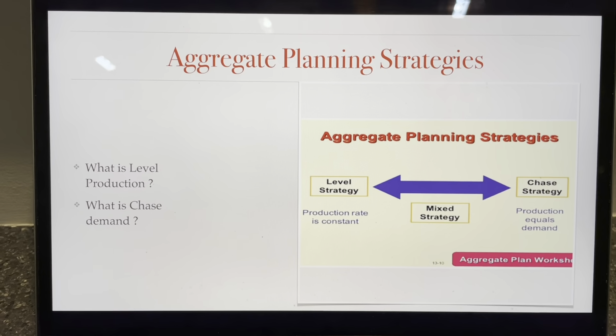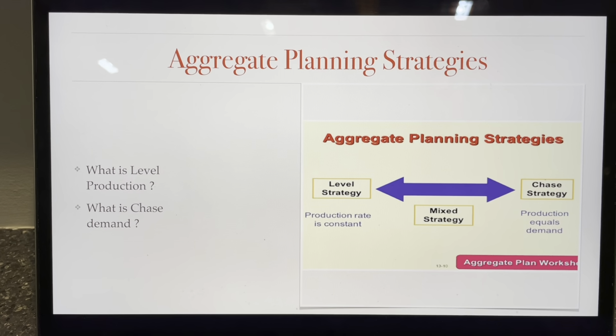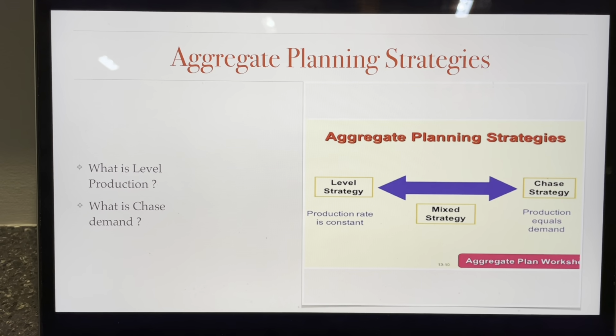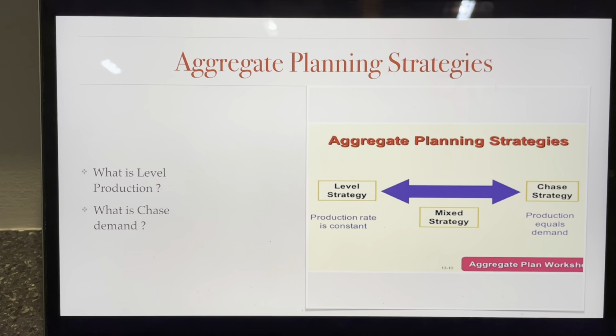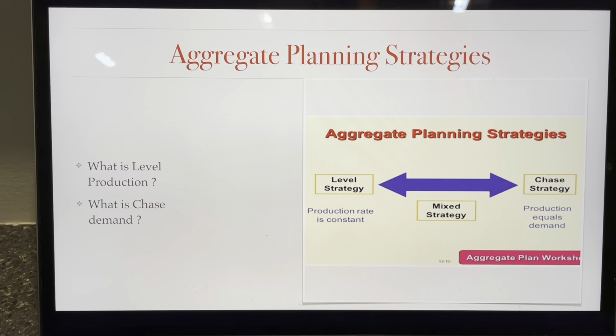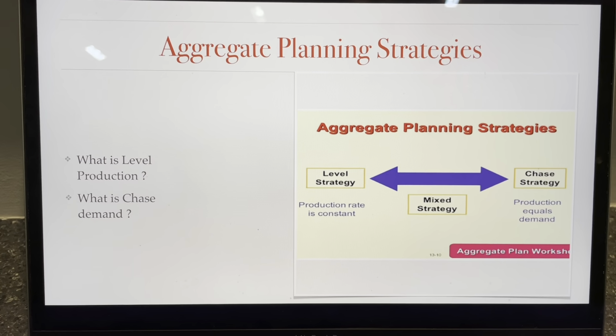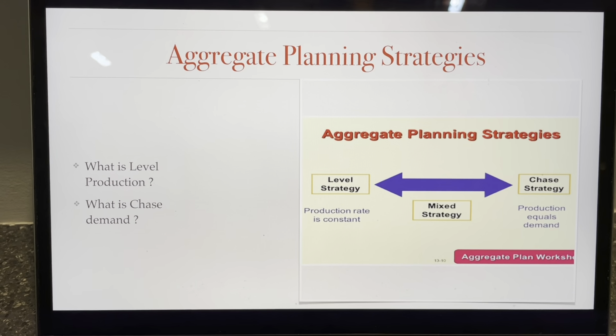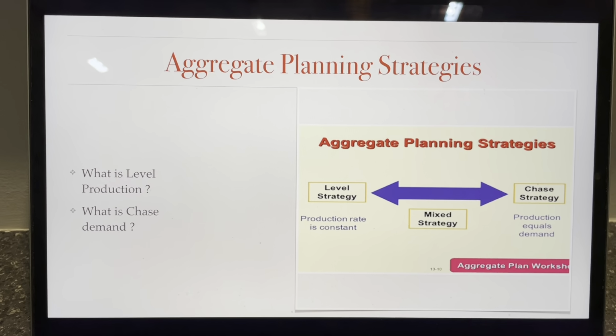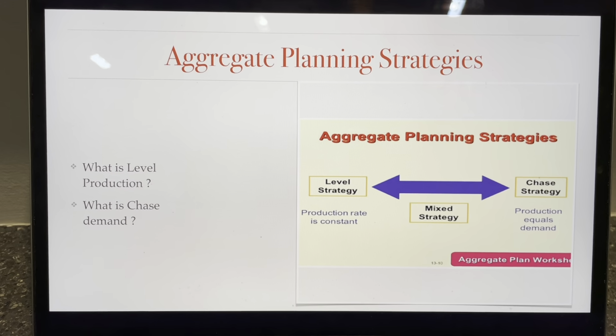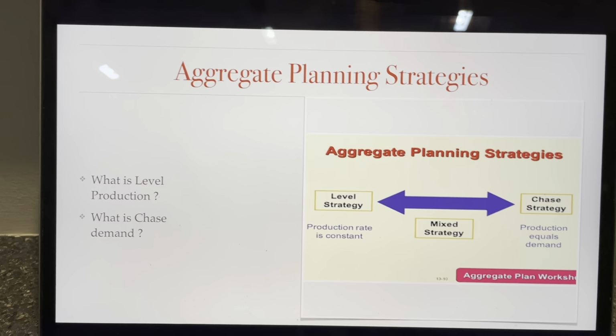And what is level production? Level production is a strategy that produces the same number of units equally. This is common in industries where demand is cyclical and production capability is limited or capped. Next is, what is chase demand? Chase demand